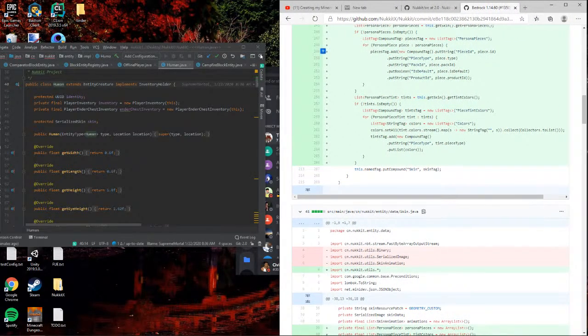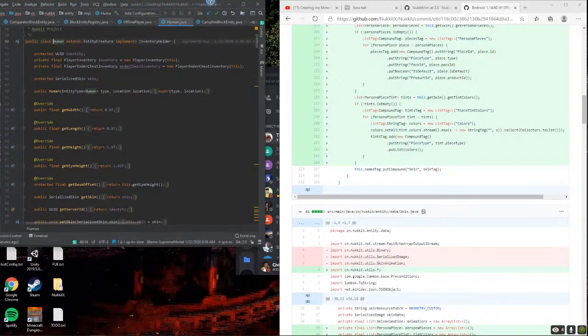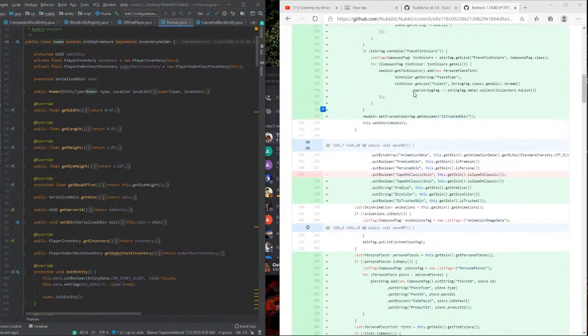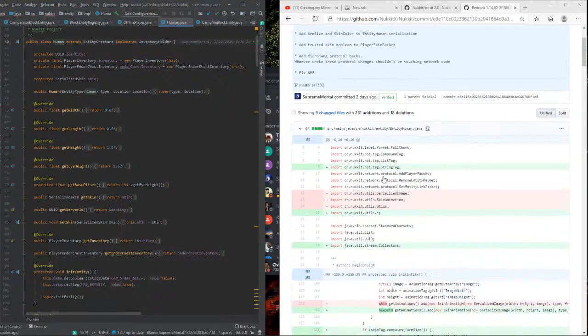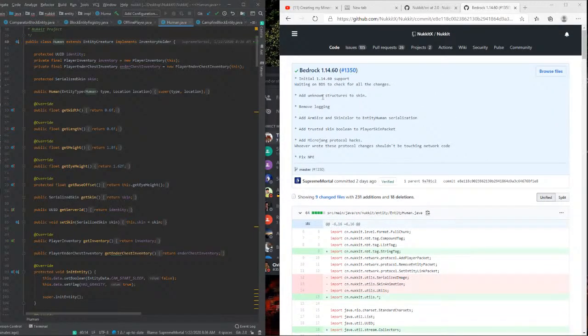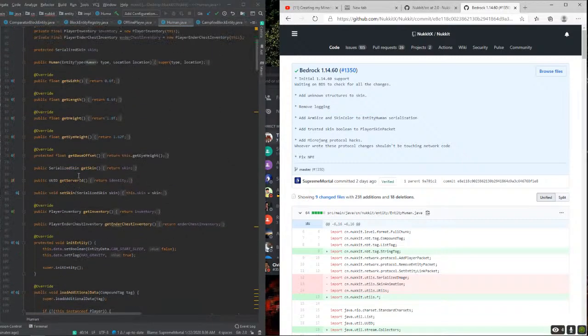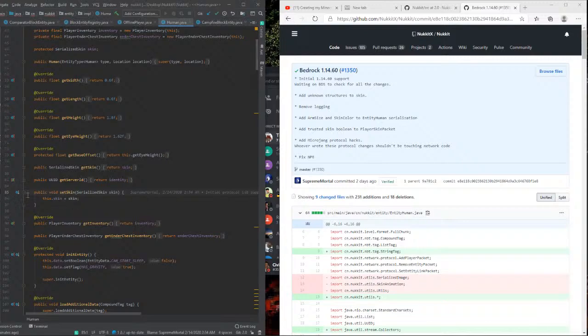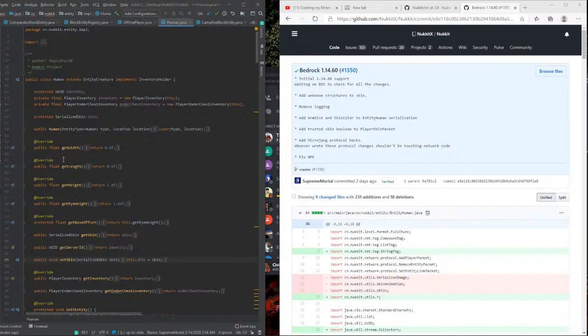All right, now if I move this up a little bit, it looks like the main things that he added were arm size and skin color. So what I need to do is add these values.